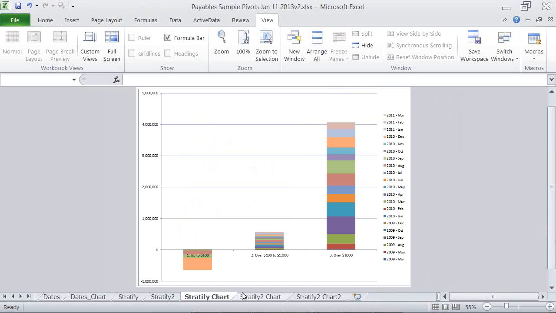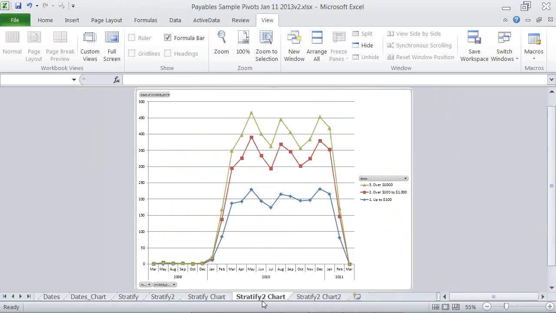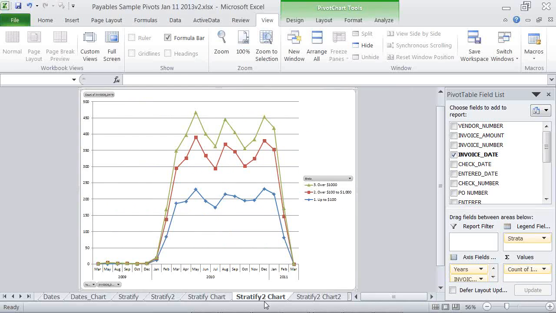You could use this option to figure out where the months are, where there are large deviations, or you could use something like this, where just by the very nature of the line versus the stacked column, which was the other one we were just showing, it really pops out to you where the largest items are, and what that time frame is, from, say, March to February of the following year in that data.